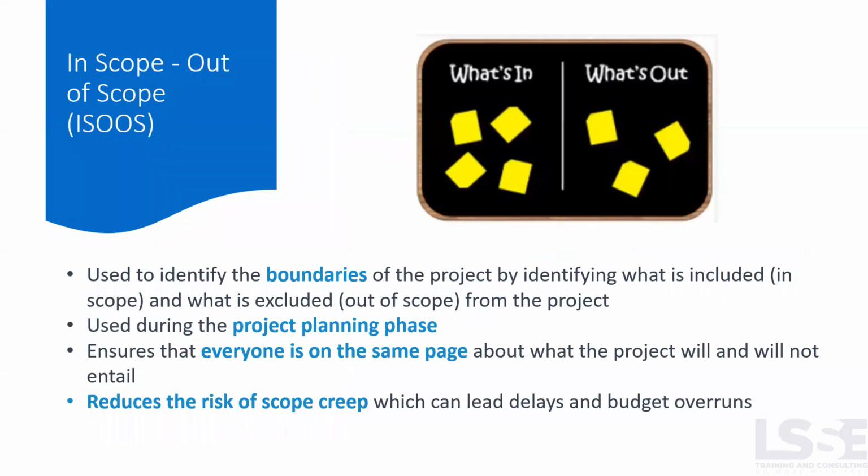Another tool that you can use in the project charter is a simple tool called the in-scope, out-scope. It's identifying what's in and what is out, what's within the scope and what's not within the scope. An example might be geographical areas. The scope of your project could be only within the country of the Philippines. If you don't specify your scope in the project,